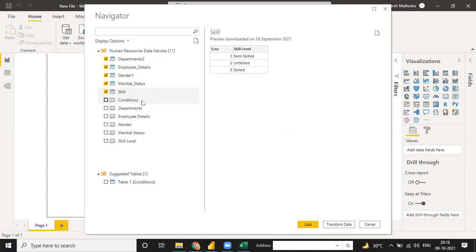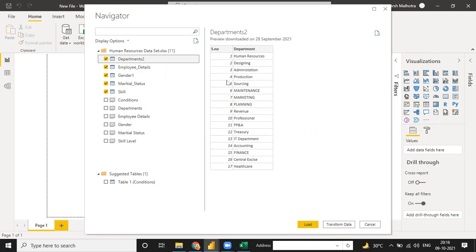So we have all the tables, including a department table. In the department table we have 17 departments, and all the departments are unique. Please tell me, since all the departments are unique, is this a lookup table or a fact table? First we have to identify that. Each department has a separate code. This is a lookup table, I believe. Yes, it is a lookup table.